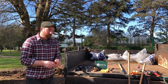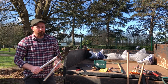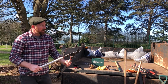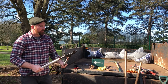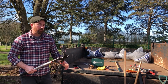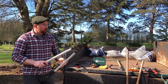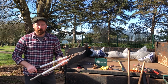And then anything larger than that, what you can do, move up to a pair of loppers. Now a pair of loppers, again, just check that they're all secure and good to use. And then with the loppers, what we say generally is the rule of thumb. When you're cutting back scrub, don't try and cut through anything bigger than the size of your thumb with a pair of loppers. What that does is puts too much pressure on the jaws of the loppers here and makes them pretty hard to use for the next person. So just check you're happy to use those, and if you need to move up to anything that's larger than a pair of loppers,